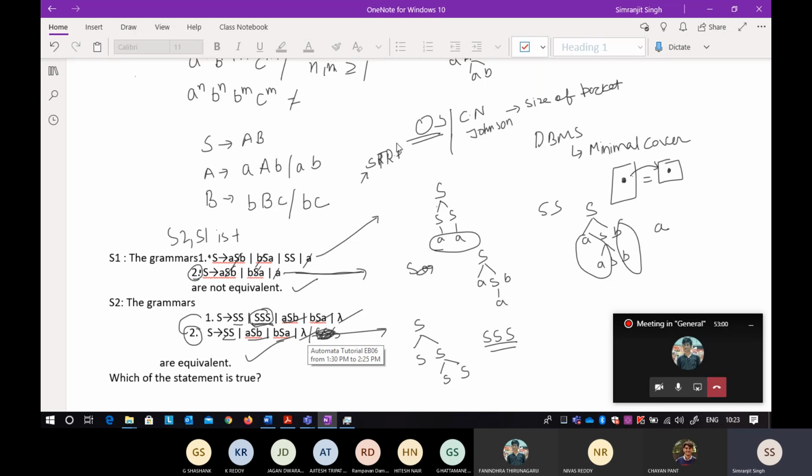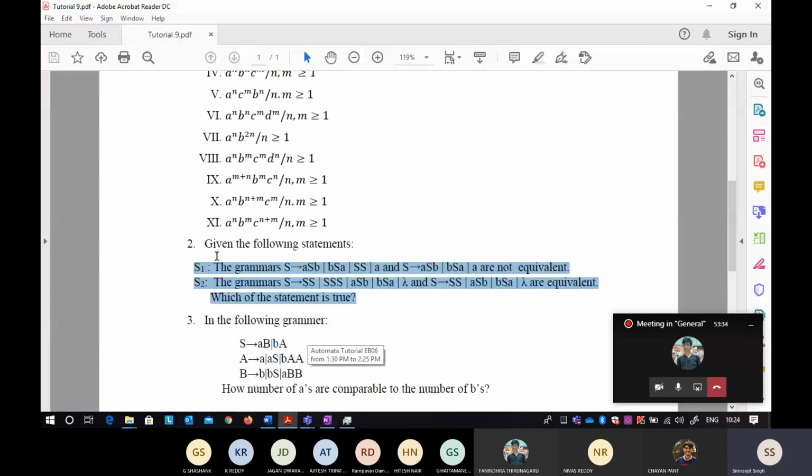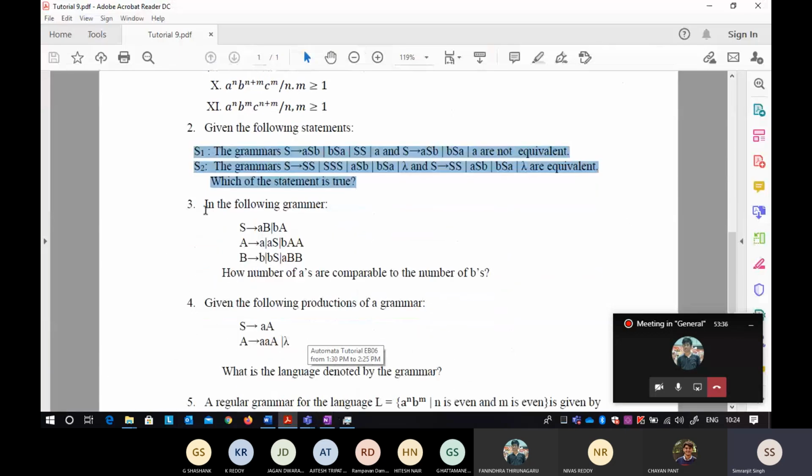So how can you make a practical version of that? By taking the same formula that is used in the Johnson algorithm. The same formula is also used in predicting the burst time of the next process. So these are the same concept, but they have been given different names. In the same way, in DBMS it is minimal cover, and in this one it is different. So if you learn one concept, it is very possible that in computer science another concept uses it with a different name.